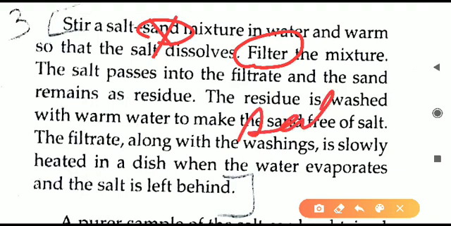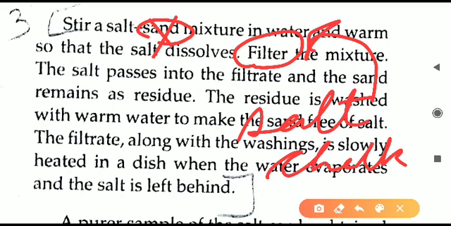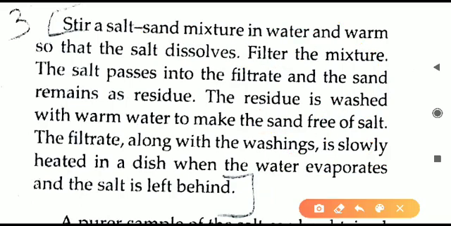Similarly, if we had used salt and chalk, then salt will dissolve in water, and after that we have to filter it on the filter paper. Chalk will collect, and the salt solution will go downwards. Now the salt solution has gone down, not the salt. Salt solution means salt and water both are there, so what we have to do is heat it. The residue means whatever things are remaining, that will be washed again.